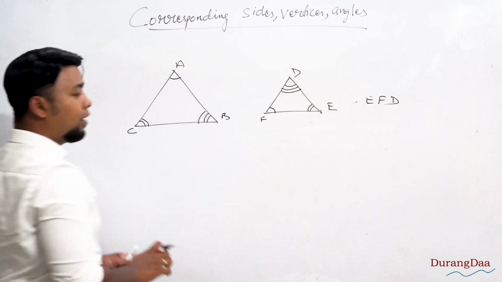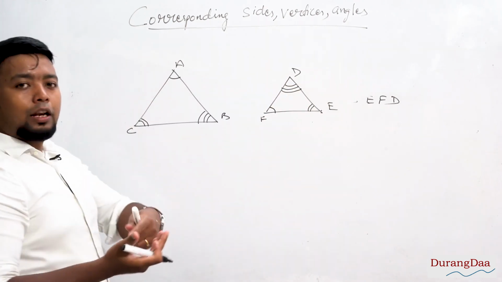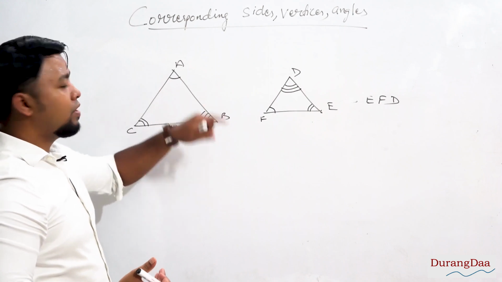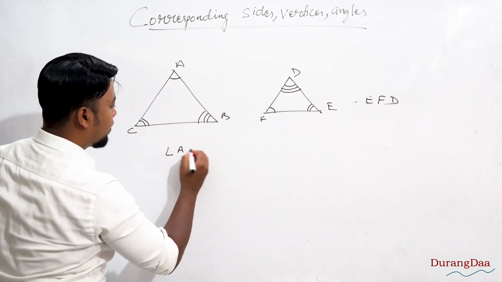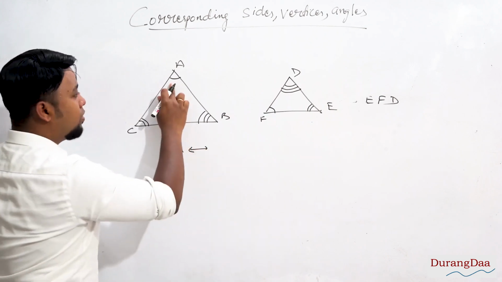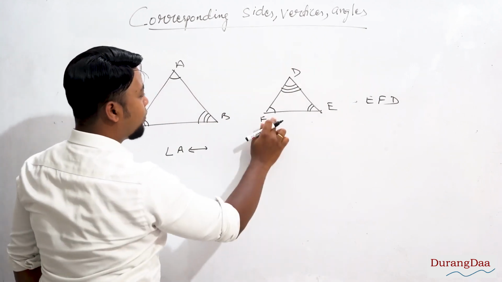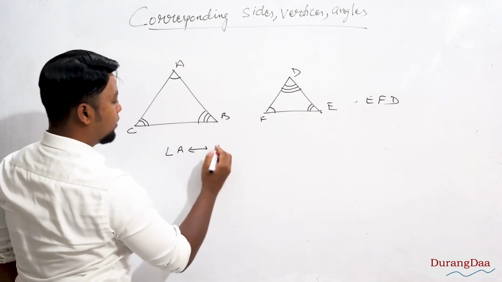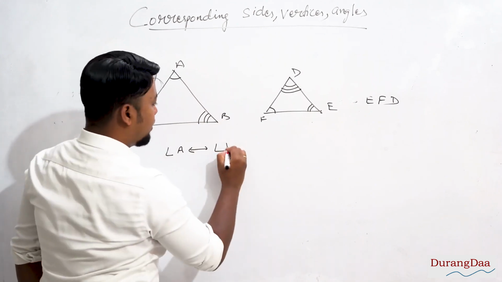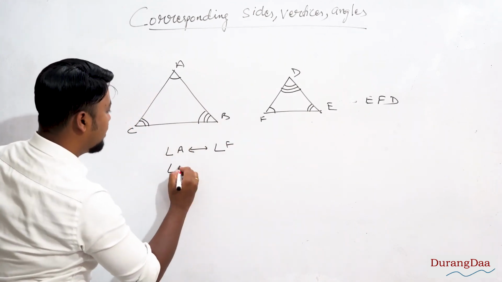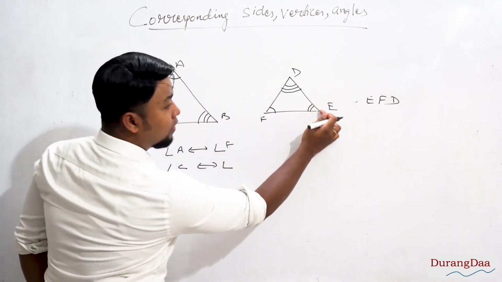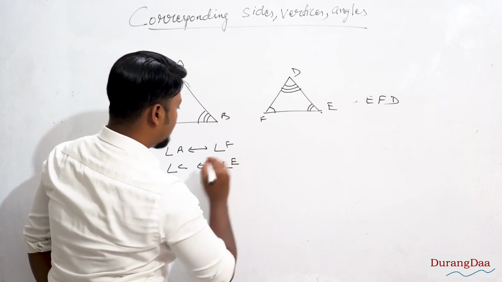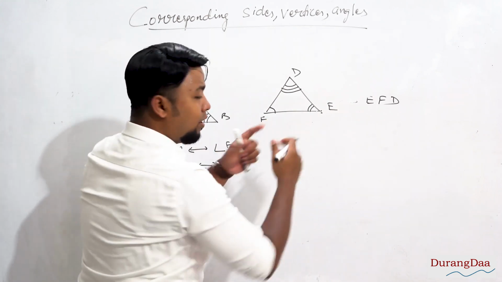Now angle C, angle E, then we have angle B, which is equal to angle D. Alright, so here now you can just help me out in pointing out the corresponding vertices. Now check angle A. The corresponding vertex should not be D, it should be F, because both are equal. So matching pairs, remember, F. Same way angle C would be equal to this angle, angle E.